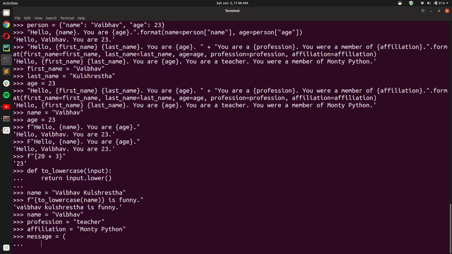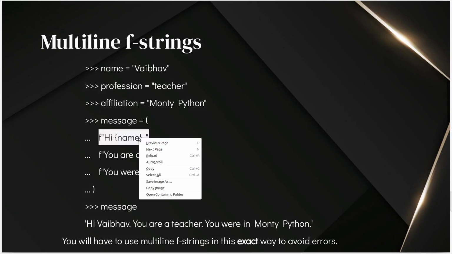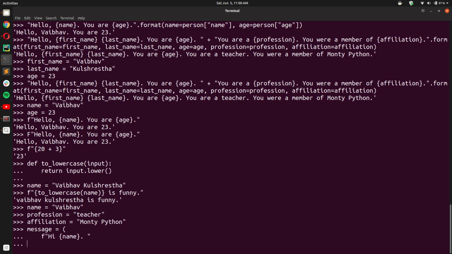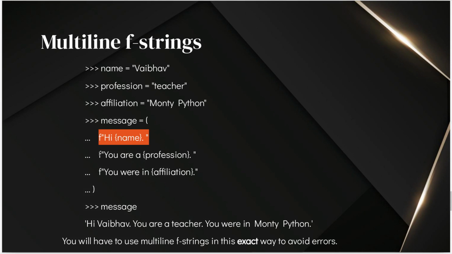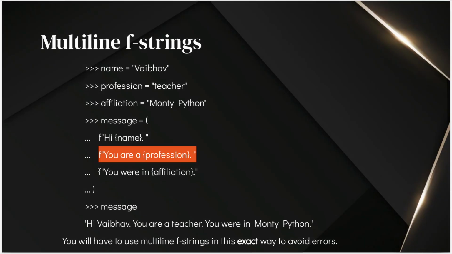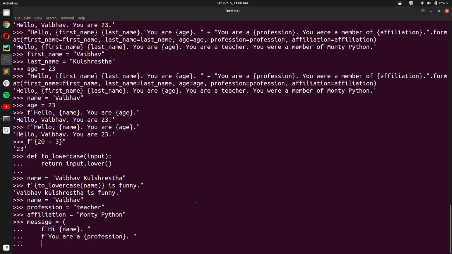How can we do so? You can do so if you precede each line with a lowercase or an uppercase f. So here, as you can see, f, then string literal Hi name. Then you are preceded by an f, again lowercase here. Lastly, you are in affiliation preceded by an f.